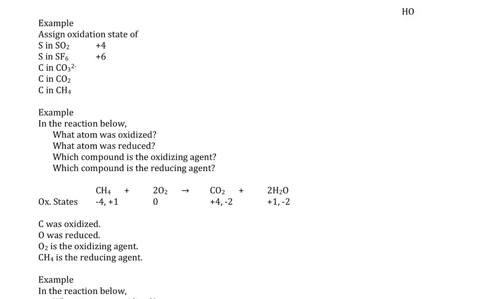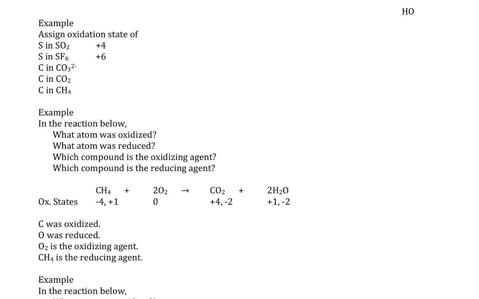Example: assign the oxidation state of sulfur in SO2. Well, oxygen, by our rules, has an oxidation state of -2. There's 2 of them, so the oxygen overall has a -4 oxidation associated with it. There's 1 sulfur, so to balance it, sulfur must have the oxidation state of +4. Sulfur in SF6, well, F is -1, there's 6 of those, so -6, so sulfur here must have the oxidation